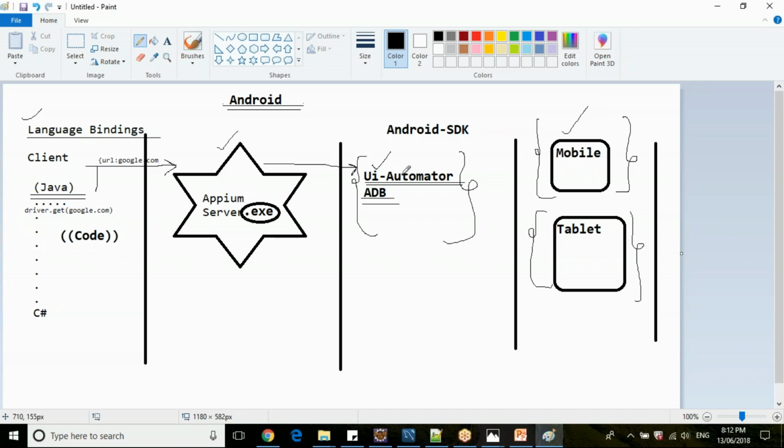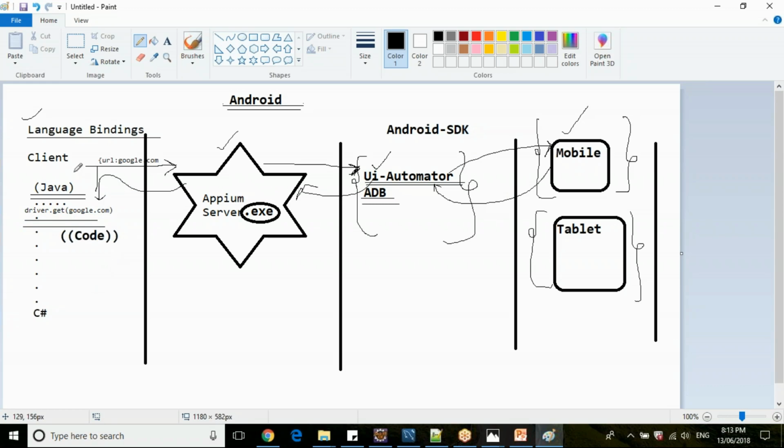Can you just push this? Now the UI Automator's job is to receive this command from the Appium server, communicate to the particular mobile device, get the response from the mobile device, and send it back to the Appium server. Then the Appium server will send it back in the form of Java code. If it is an element not found exception, or if the driver is not found, you will get an exception. Or if it is launched, it will go on executing the next line of code.